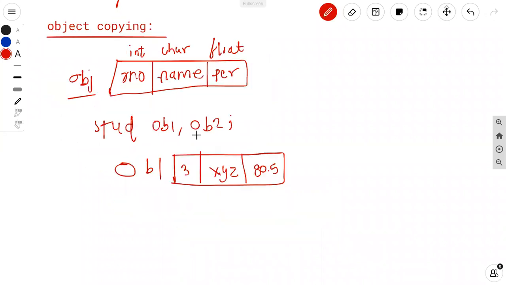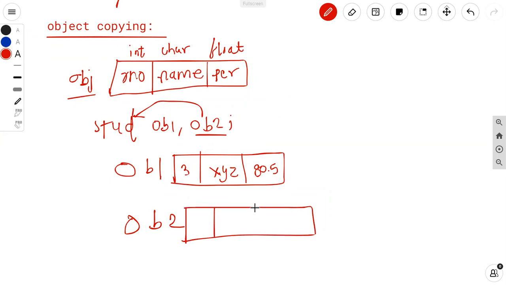Now we are creating the ob2 object, which is of the same data type as ob1. Here I am again creating the ob2 object which contains the same data members, but now I'm copying the attributes. Attributes means the values which are contained in the object.